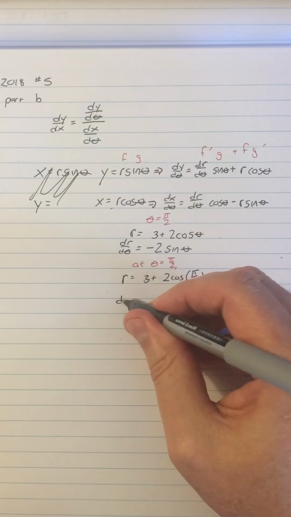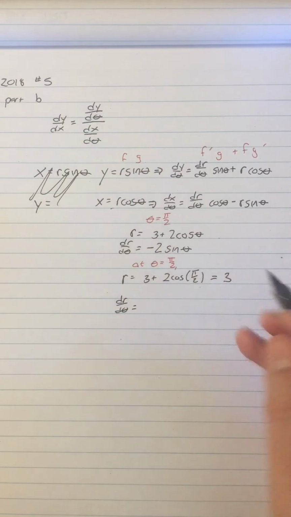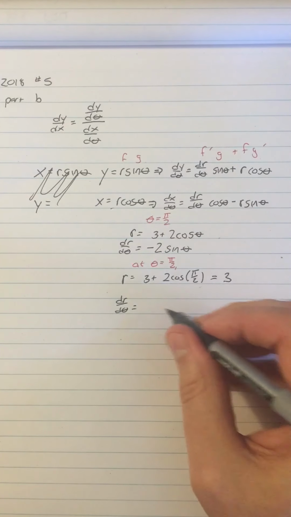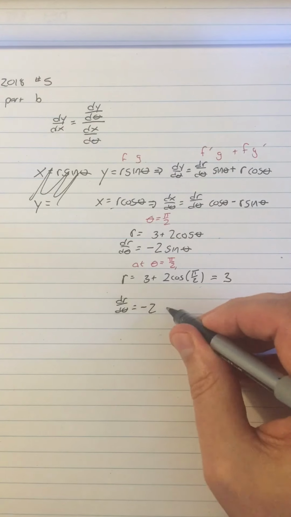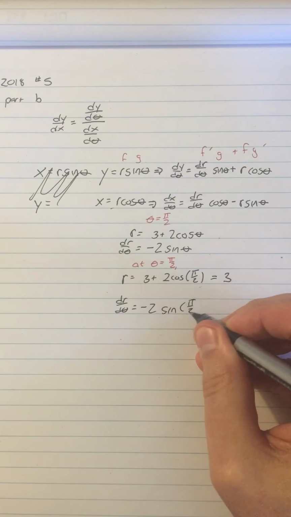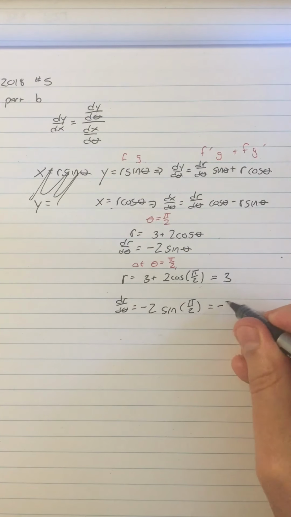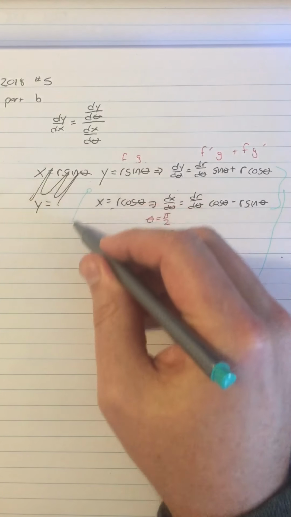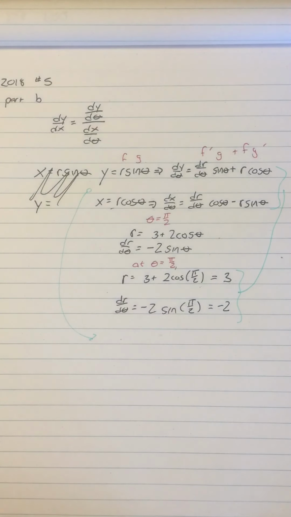And dr d theta equals negative 2 sine of pi over 2. Sine of pi over 2 is 1, so let me go ahead and write negative 2 sine of pi over 2. So negative 2 times 1 is just negative 2. All right, so then what they do is they take these two values for r and dr d theta, and they plug them into our results up here. So we're going to bring that result down here. And so what we're going to say is that